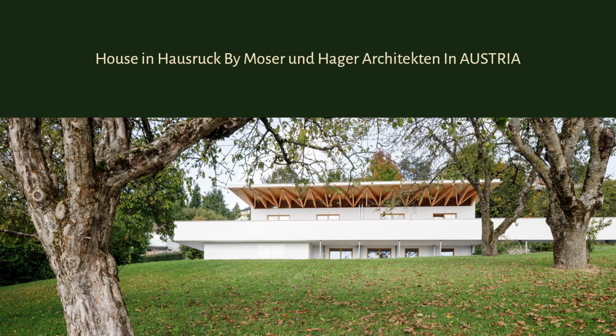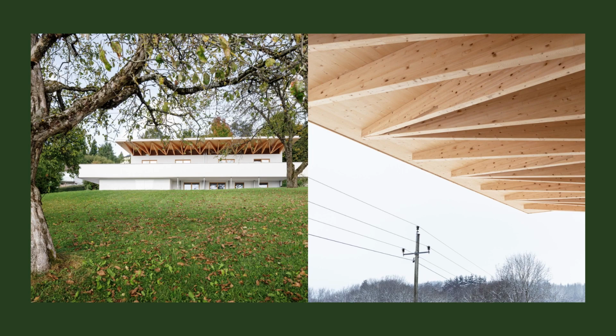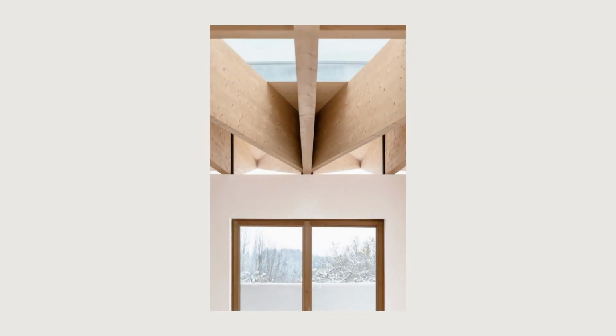Haus in Hausruck by Moser und Hager Architekten in Austria. This house from the 1950s and 1980s is exemplary among many existing objects that are getting on in years. They need modernization and must be adapted to new styles or concepts of living, to demographic change and, above all,